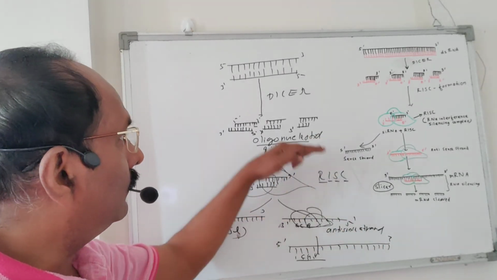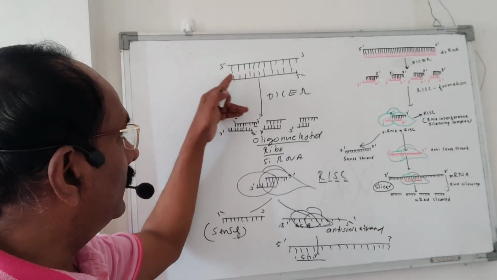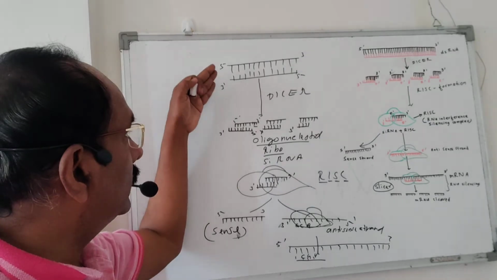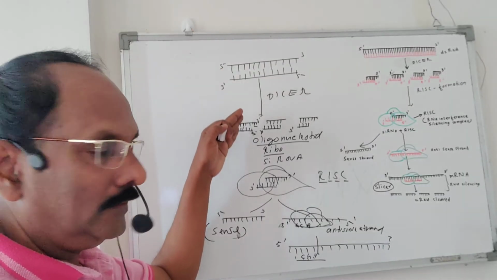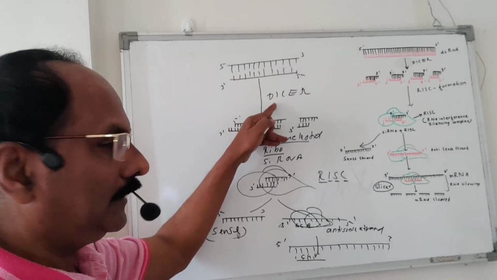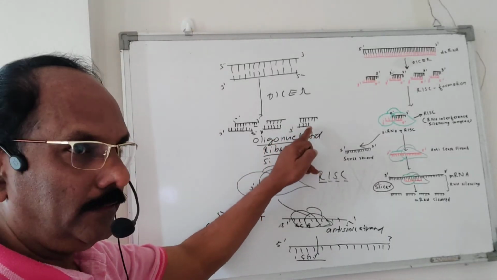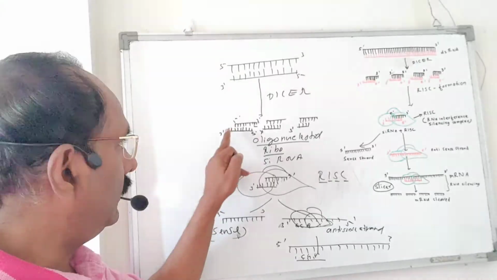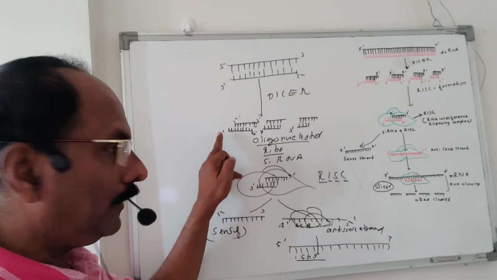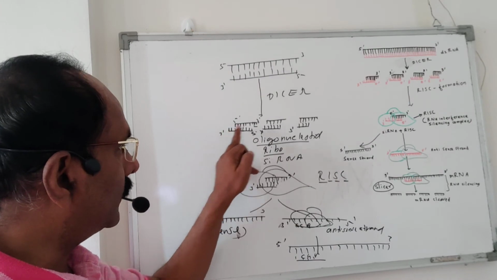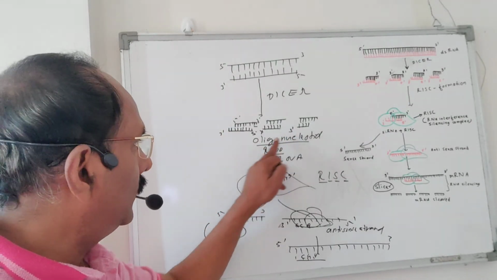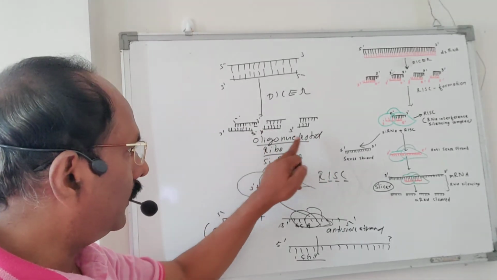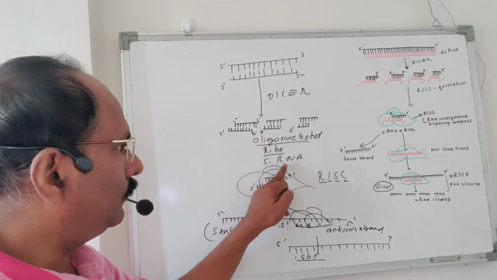So let us see once again what happens. Double-stranded RNA happens to arise in a particular cell. This is dangerous, so it must be destroyed. We need to destroy it with the help of the dicer. Small RNA pieces are formed. These RNA pieces have 22 nucleotide base pairs, and two bases are unpaired, so it is called an overhang, which is always present at the 3' end. This piece formed is known as an oligoribonucleotide, and this oligoribonucleotide is otherwise known as a small interfering